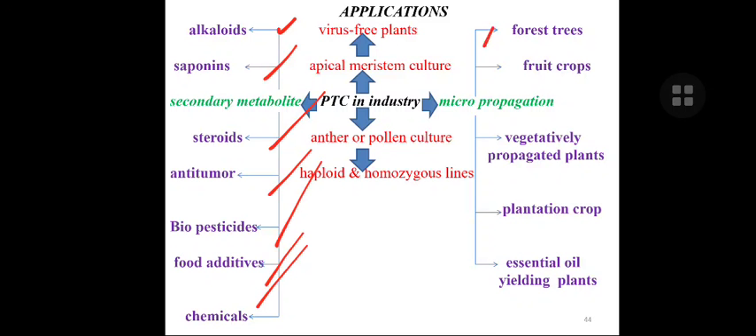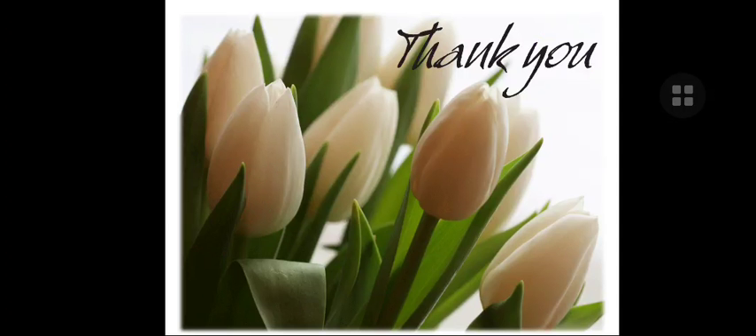Then forestry crops can be obtained through tissue culture, like if some plant is endangered or very rare, it can be tissue cultured. And fruit crops can be cultivated. Vegetatively propagated plants can be cultivated. Then plantation crops, like teak trees or any other plantation can be obtained. Then essential oils can be yielded from these plants. So these are the main applications of plant tissue culture, and that's all about plant